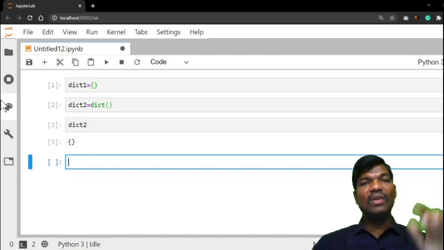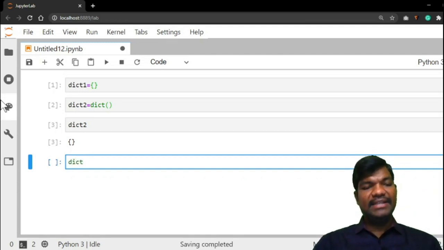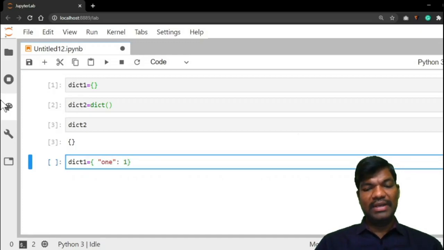Now dict1 equal to: 1 is a value, 2 is a value, 3 is a value, 4 is a value.